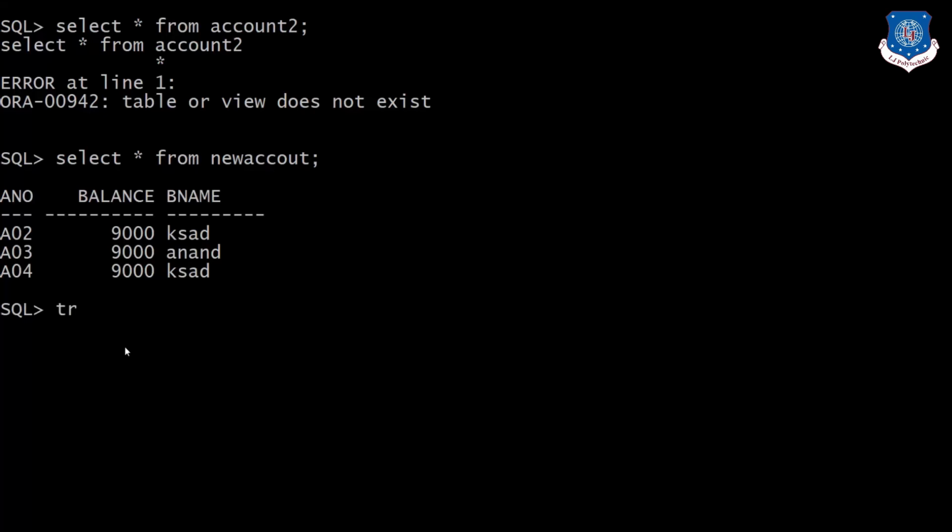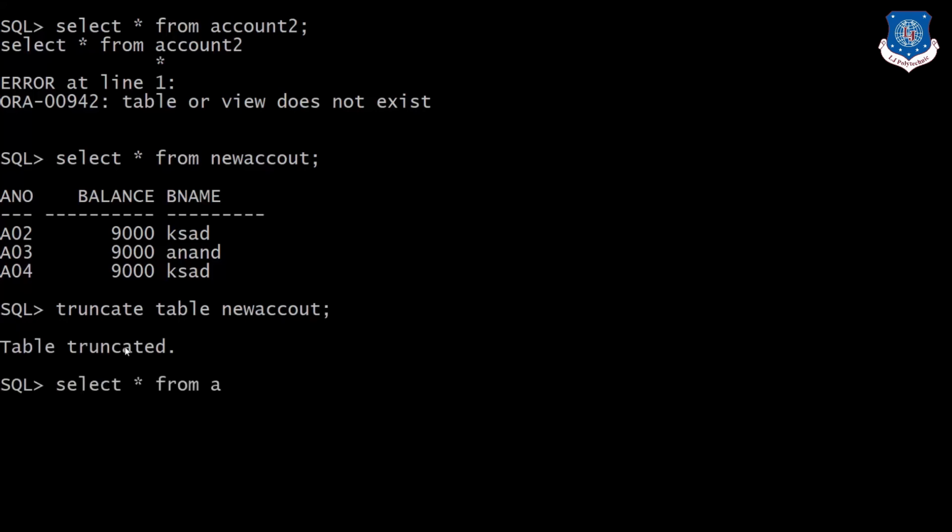Now I want to truncate this table. It is very simple: truncate table new account. If I fire select star from it, it will give me the message no rows selected, because it has deleted all the data. As it is giving no rows selected, it means the table structure is there.